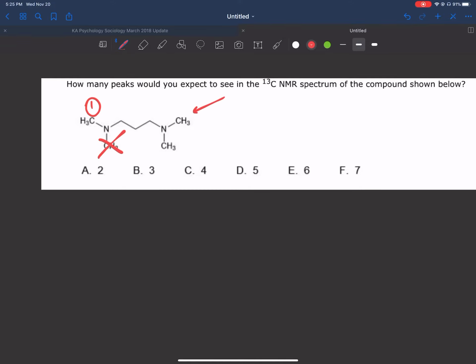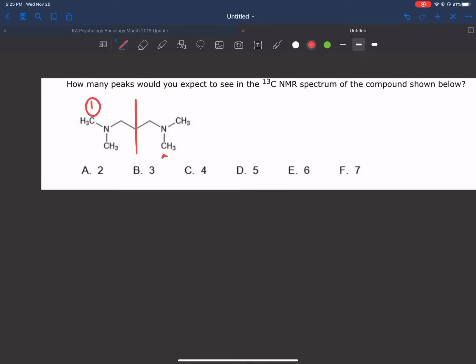But now let's take a look at these methyls, right? Are they any different from this one? Well, look at them. They're bound to the same nitrogen, right? They're bound to nitrogen, and you can see that both nitrogens are bound the same exact way, right? And why is this? Well, we have symmetry. You can draw a line of symmetry down this way,